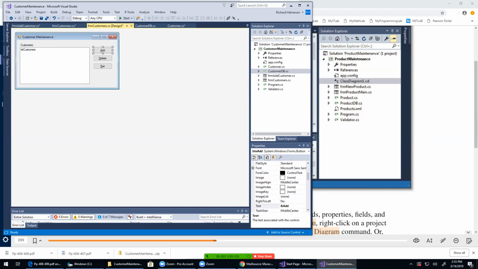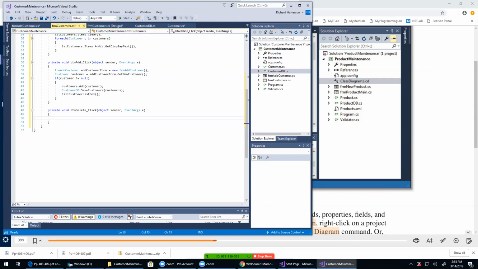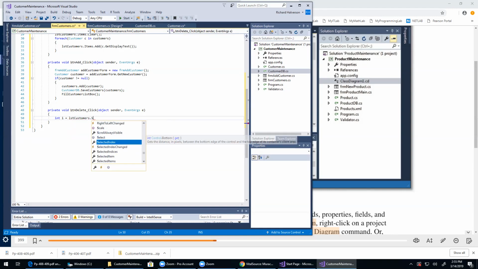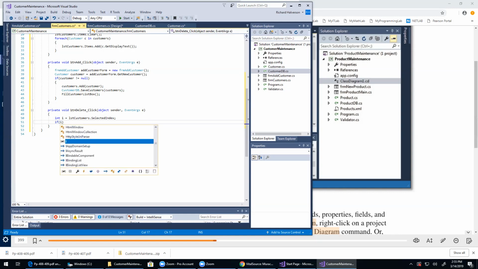Okay, so delete. There's going to be a customer selected, and we're going to click delete. The first thing we want to do is grab the selected index. So let's define an int, an integer, I equals list customers dot selected index, and presumably it's not -1, because if it's -1, then nothing was selected. So if I is not equal to -1,